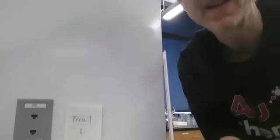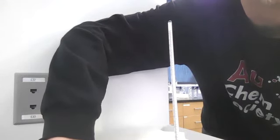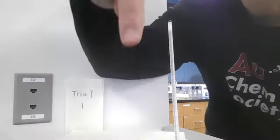This was this lab's part 1, where we were varying concentrations to see how it affected the rate of iodine production. And we'll see you for part